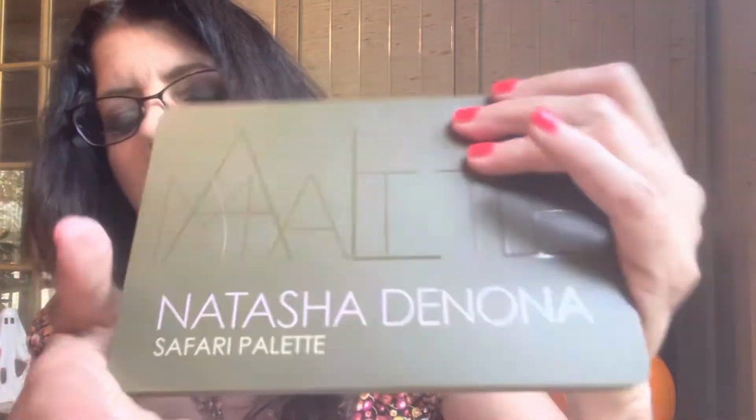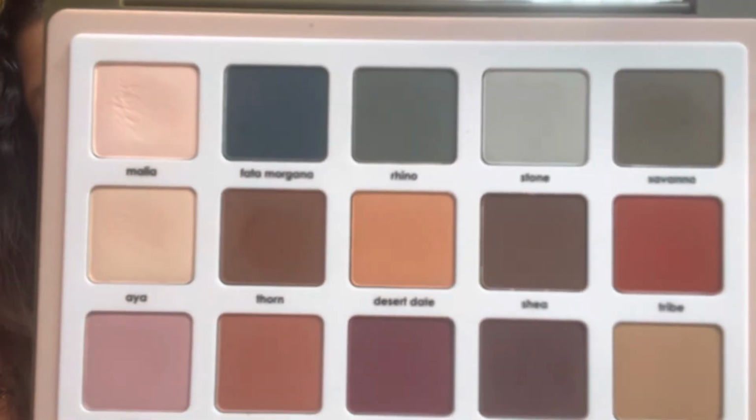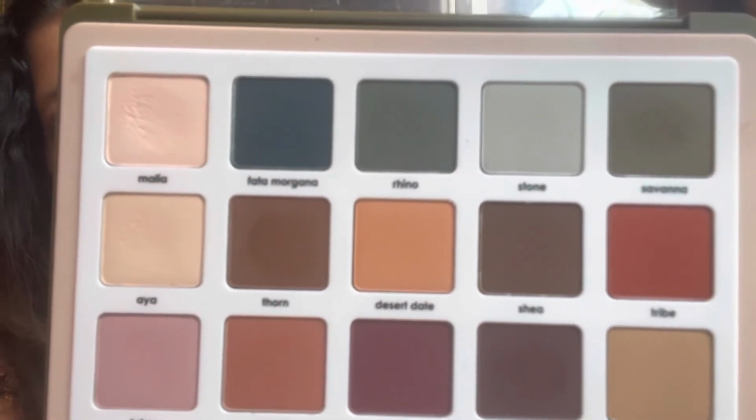I do want to mention one more of hers. It's discontinued, but it's still one of my favorites. And you might have this one at home. This is her Safari palette. Now this is an all matte palette. It's discontinued, unfortunately. You can't get it anymore. But if you have it at home, it's a great fall palette as a base for any of your looks,